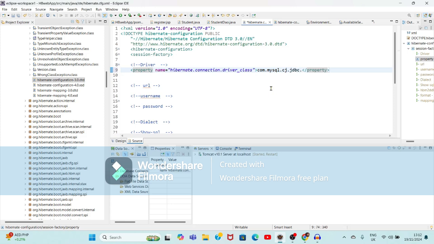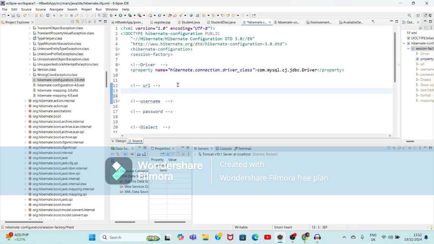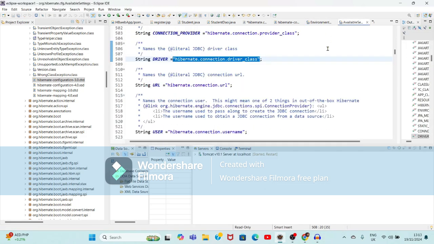jdbc dot driver. This is the value of the property. Now next we will enter the URL. So for that purpose, again we will create a property tag, and the name of this property we will take from this environment class. So again from this available setting, if you scroll down, immediately here you will get this value, that is